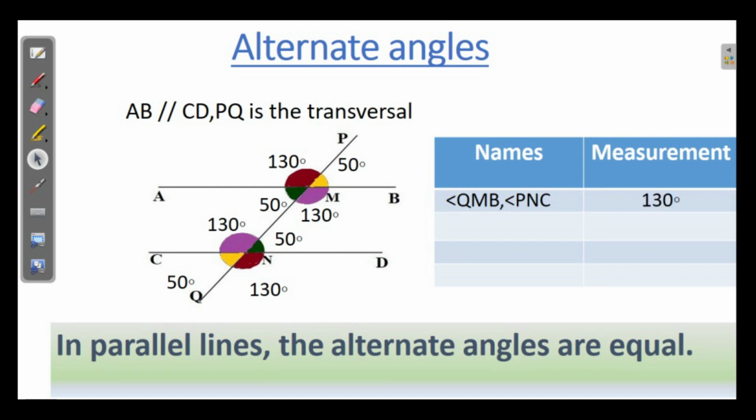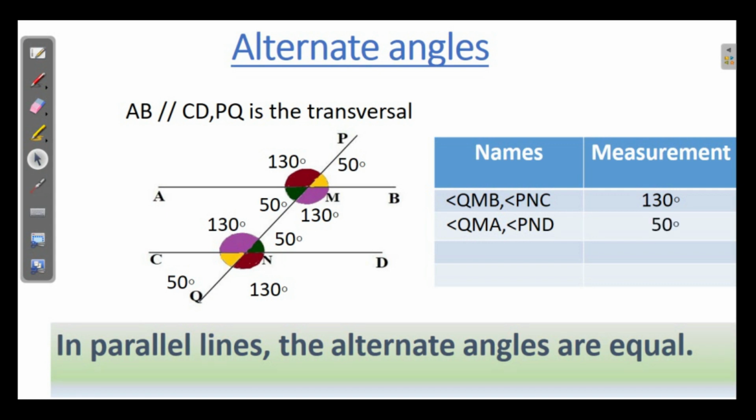The second pair, again interior angles. Which are the interior angles? The second pair is QMA. How will you name? Start the interior angle, start from Q. QMA, 50 degree, and then we have to start from P. This green angle. Which are the hands? P, N and N, D. So angle name is angle PND. So the pair of interior angles, here it is 50 degree.